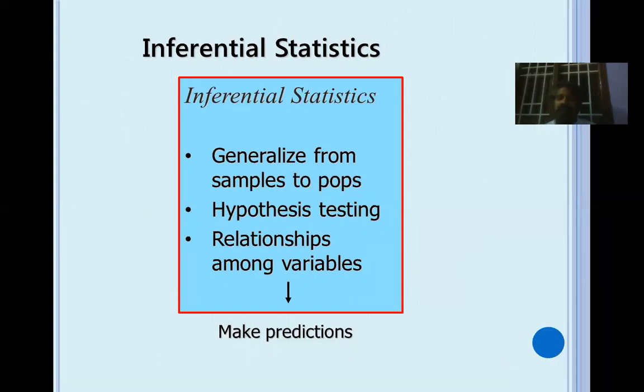We find out something from a small sample and we'll apply these findings to the entire population. And secondly, inferential statistics are used when you want to test your hypothesis. And thirdly, whenever you want to find out the relationship existing between the variables, whether it is a kind of association, a kind of difference, or a kind of correlation. When you want to check this kind of relationship among the variables, or when you want to make predictions based on the data you have, you can always make predictions using statistical tools. So all these things come under inferential statistics.